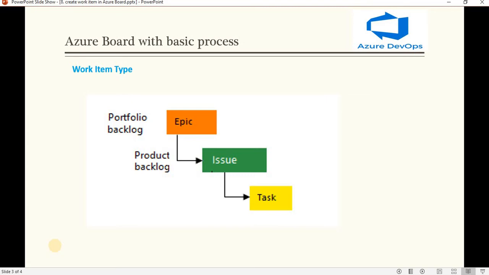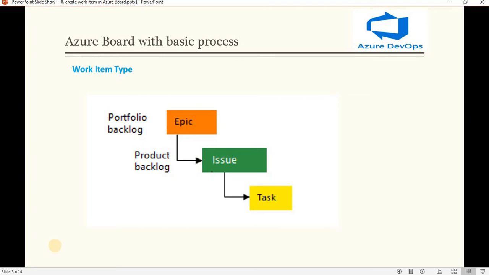We need to create a database, and we need to send an OTP to the student before login, and some other things like how to design it and how to connect with the API. All those things come under the task. So the major level we call an epic, then under it come issues, and then tasks come. So these are the work items.